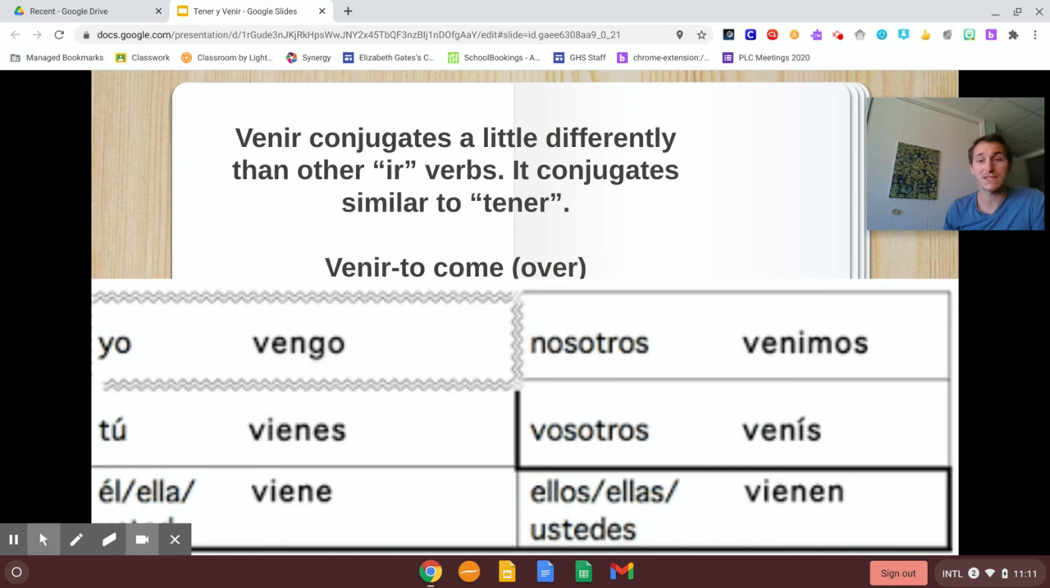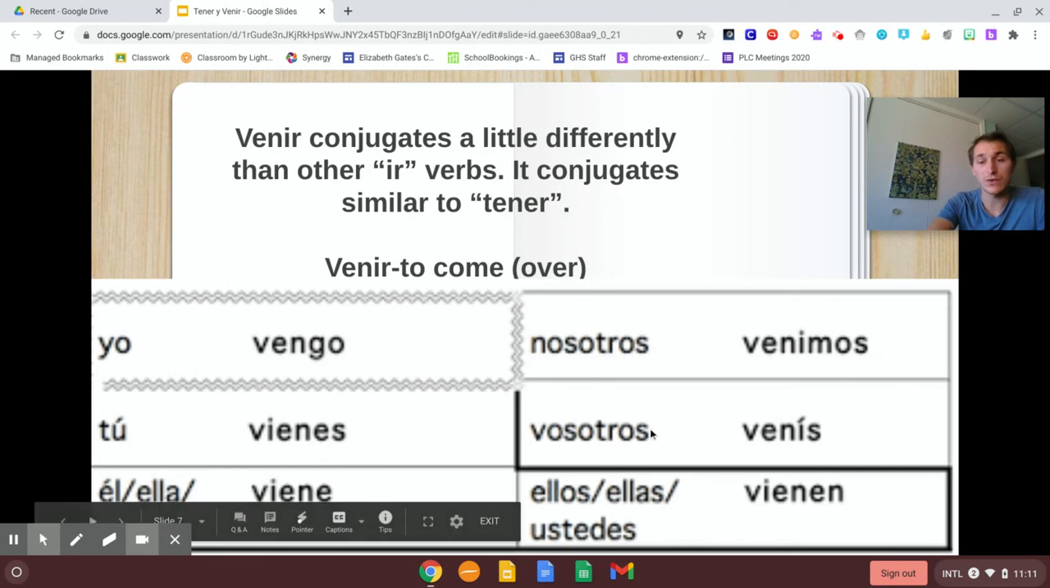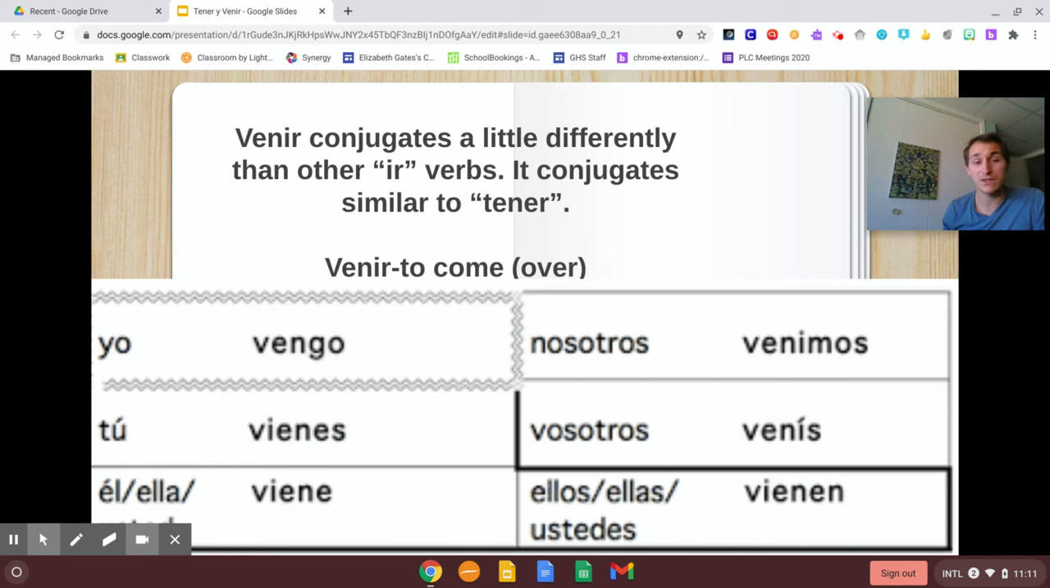Tú vienes. Él, ella, usted viene. Nosotros venimos. Vosotros venís. Ellos, ellas, ustedes vienen. So I'm giving you that pause after I say these things so that you can say